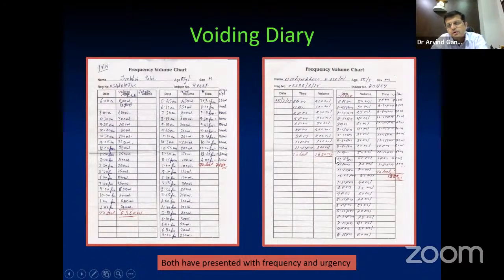But you come to this side. On this side, you see that the patient has consumed just 1,650 ml, and every time the patient is passing just 50 ml, 60 ml, 20 ml. So you see that you have clinched the diagnosis. You have also understood what the patient is having. Like on the left-hand side, the patient is a compulsive drinker. His bladder is maybe of a little larger capacity. You see that he has filled approximately 500 ml at one point. While on the other side, the patient most likely has a small capacity bladder. So you can differentiate using this very simple tool what the diagnosis of the patient is. Both the patients are having the same symptoms.